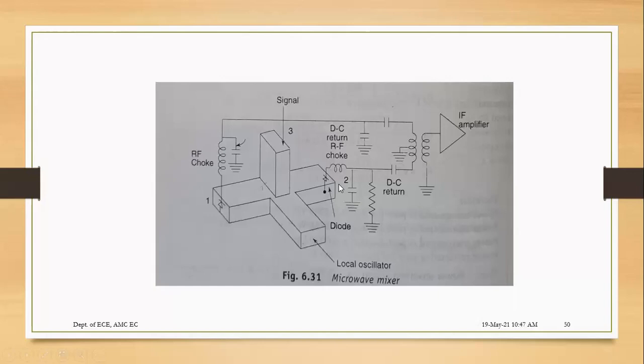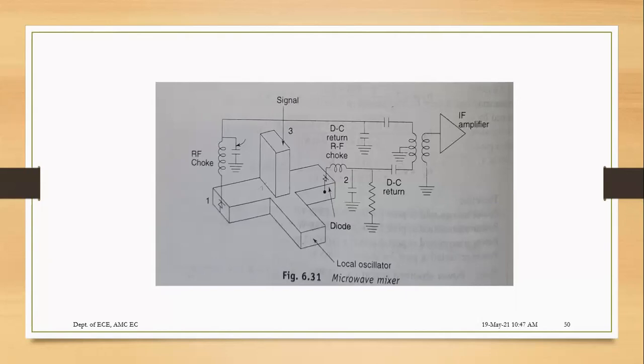And the local oscillator which you are using for your H arm here will arrive at the diodes here, because you know, if you apply to the H plane, it will be additive. So when you apply the signal from the local oscillator, it will arrive at the diodes in phase. Whereas the incoming signal which you have in the E arm will arrive at the diodes out of phase. So the signal you give in the E plane will come out of port 1 and port 2 across the diodes out of phase, while the oscillator signal you give across your H plane will come out of the first port and second port with the in phase component.